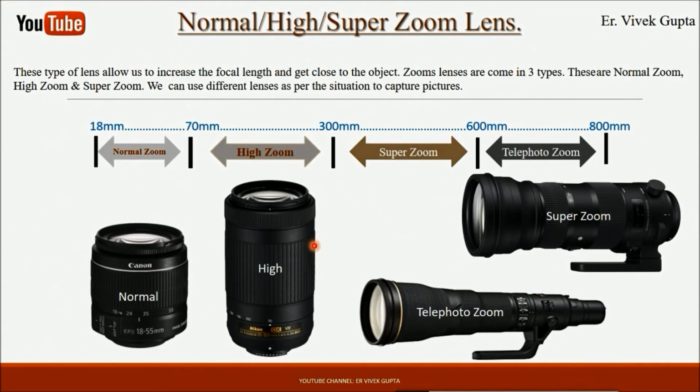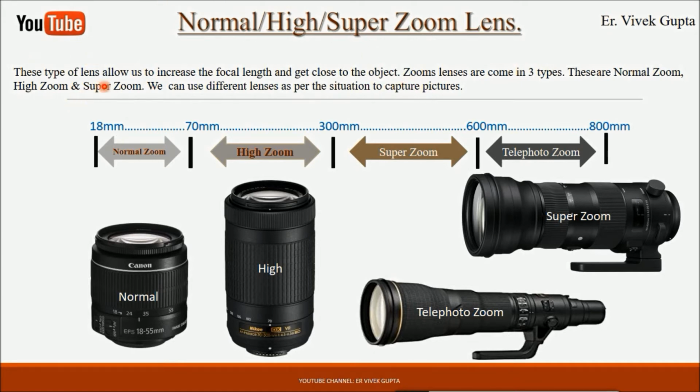Then these are zoom lenses. There are different types of zoom lenses. Most of you have seen, on National Geographic Channel or Discovery Channel, the wildlife photographers. They basically use this type of lens because these lenses are used to capture an object which is far from us. For example, if you want to capture a lion, you will not go close to it. So our intention is to keep ourselves away from the object, and still capture the image.